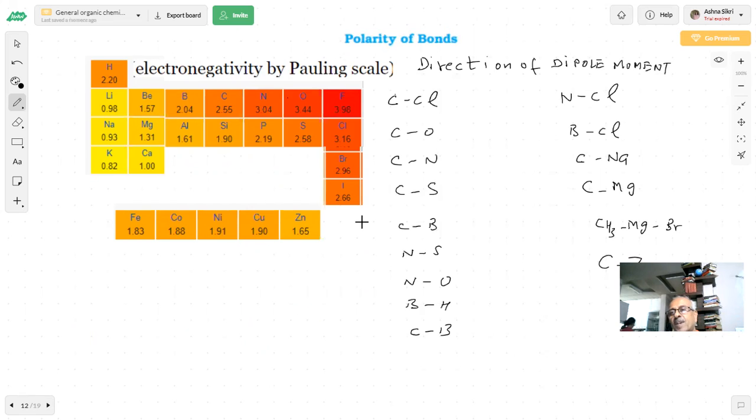Now more interesting things further. A very important thing here: come to the polarity of the bonds and electronegativity of the different elements that have been shown. These will be used, students, in organic chemistry. So what I'm trying to show here is electronegativity and polarity of the bond.